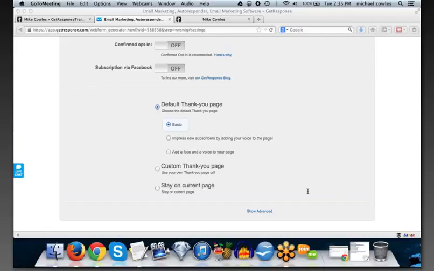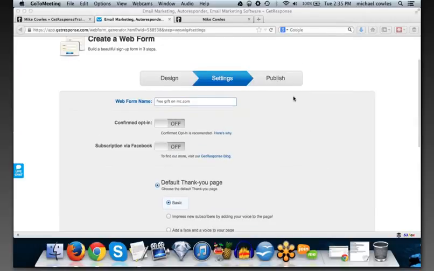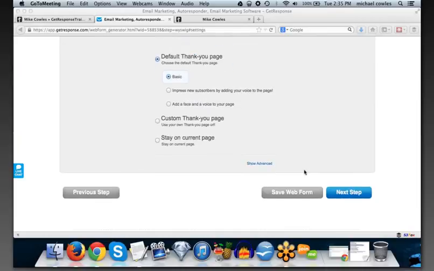So Michael said, my version of GetResponse is labeled thank you page dynamic. Is this the same as basic? Without seeing your screen, Michael, I don't know where you're at in there, where you're seeing that. So if you can clarify that, I'll be happy to answer your question. And then he said the remaining two are the same as yours. Thank you page dynamic. So go ahead and type that in, because I'm curious now, Michael.